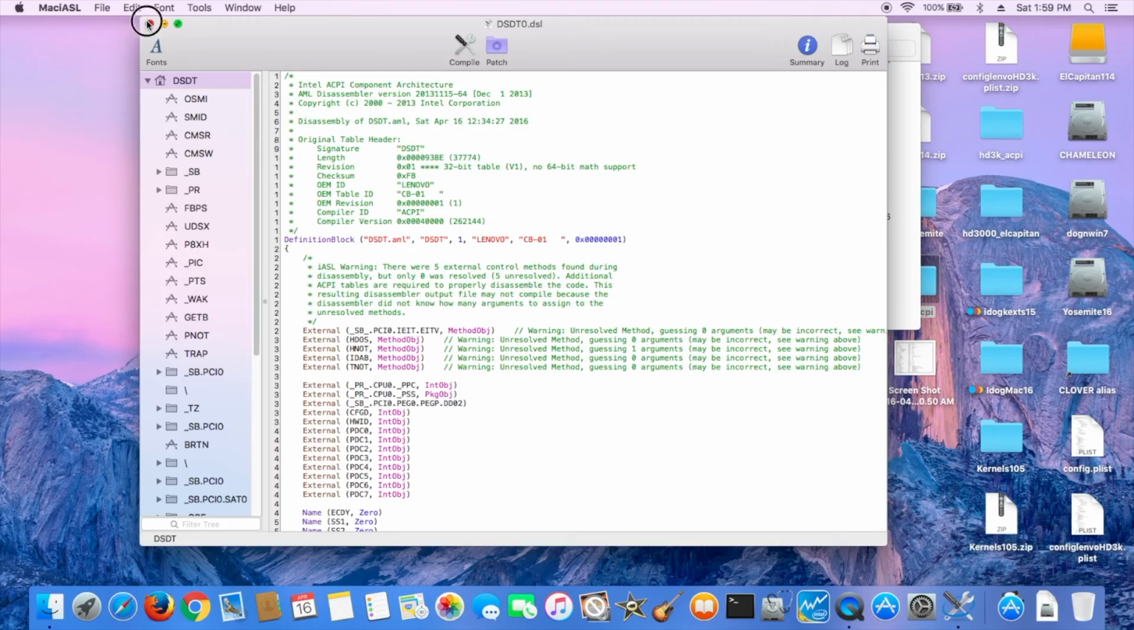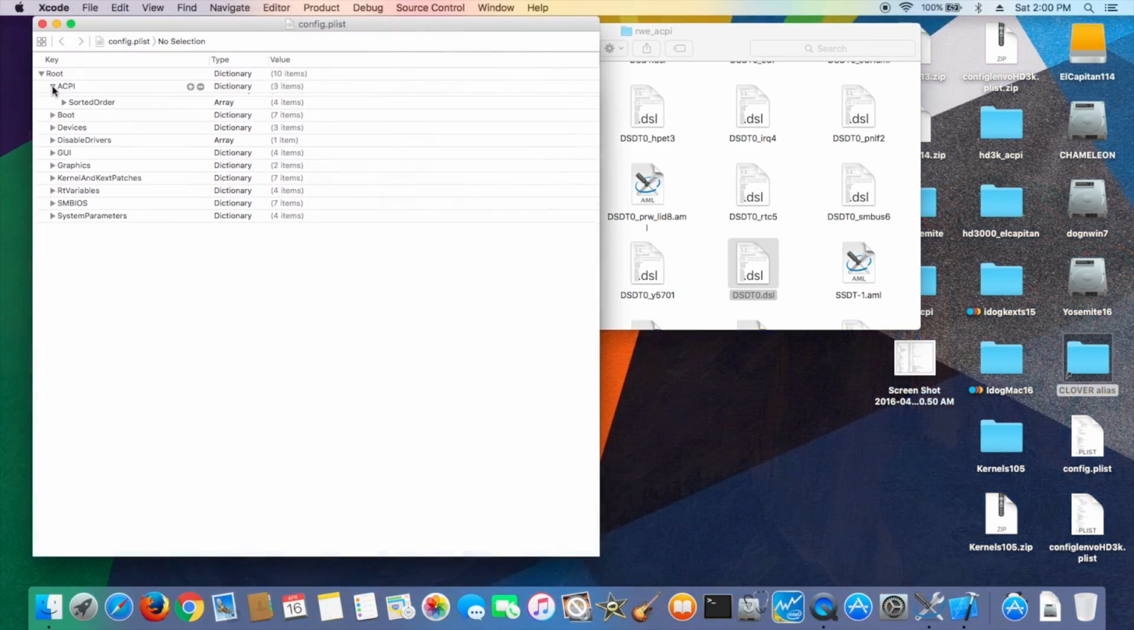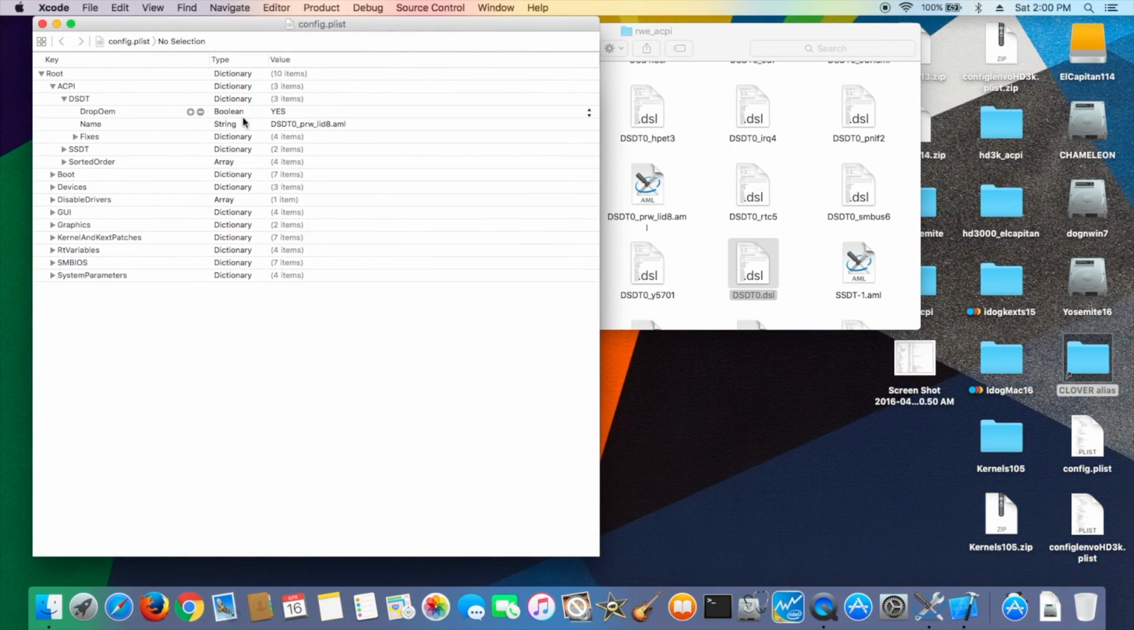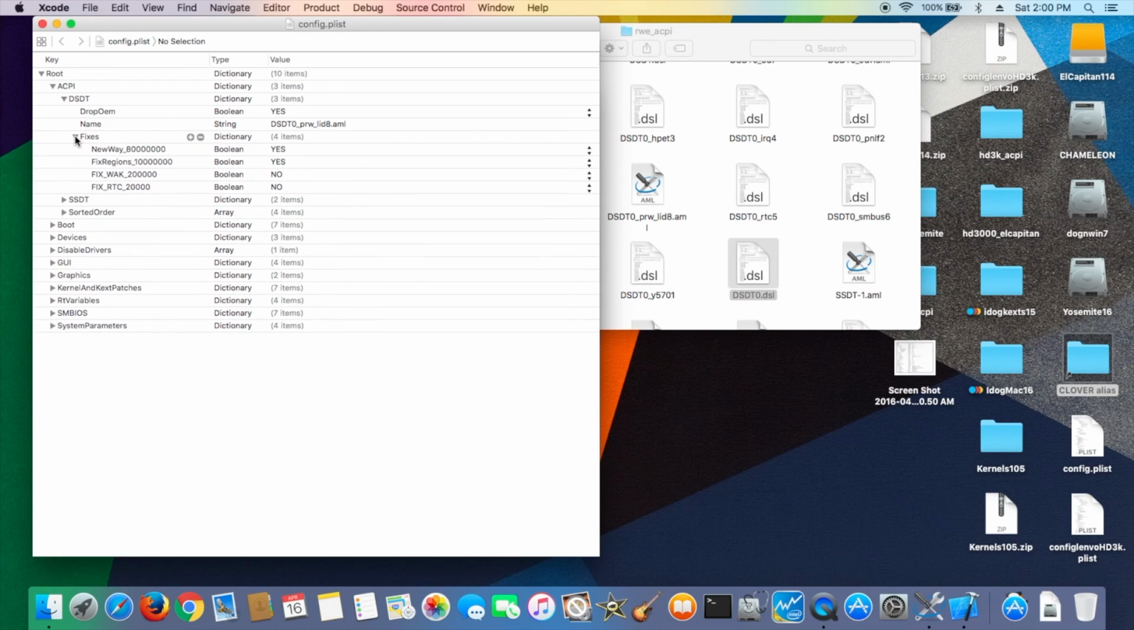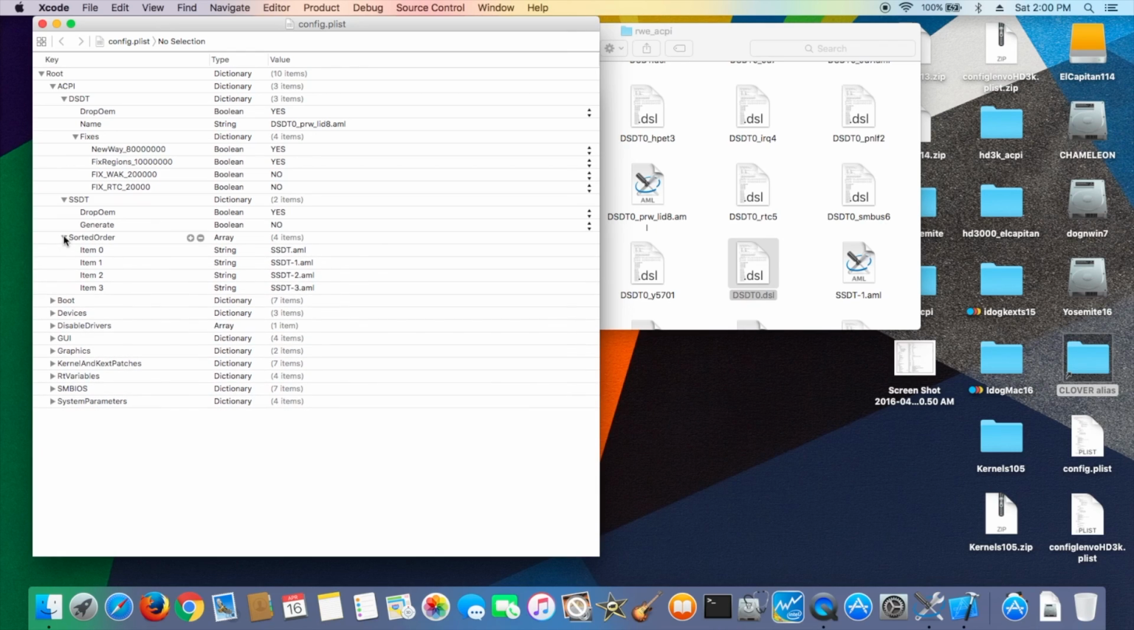So let's look at the config file. So the ACPI is a power lid 8. That's the last one I did. Fix a new way. I didn't even fix the Wake 2000 or fix OS check 2000 either. So it's all in the patching. So this one, the sort order